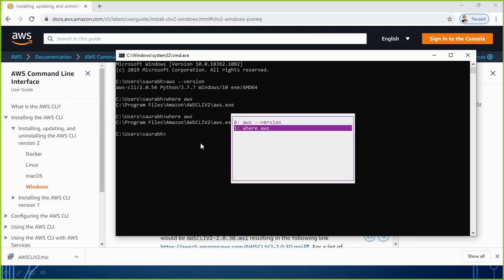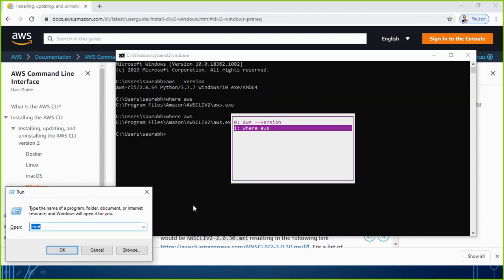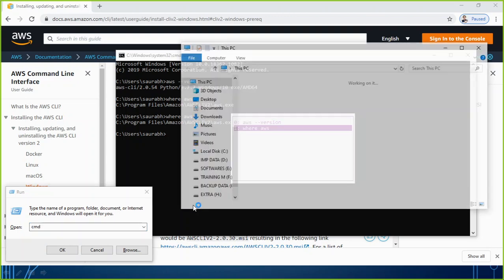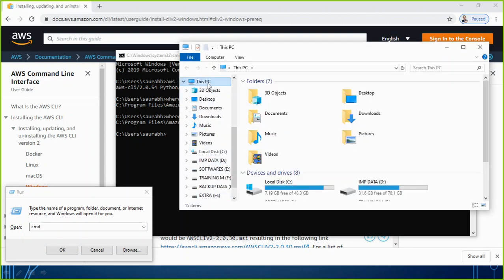At the same time, let me give you one more option here. In case you are trying to install and it doesn't perform well, or it gives you an error, you can also use one method: you can go to My Computer properties, and from there you will be able to check how it is, or manually add it there. So if I go to My Computer properties,